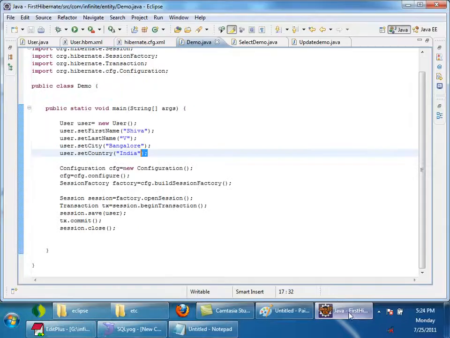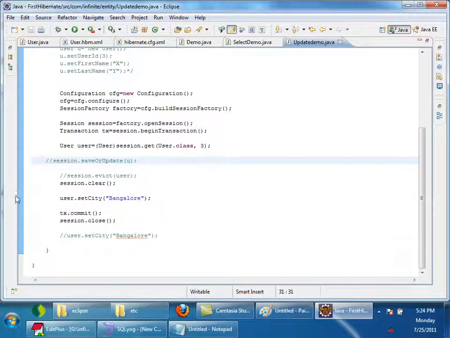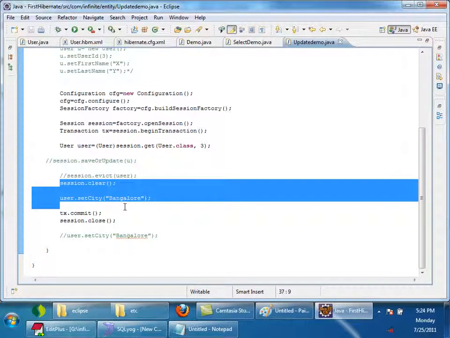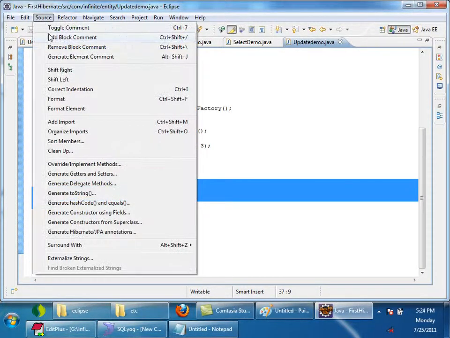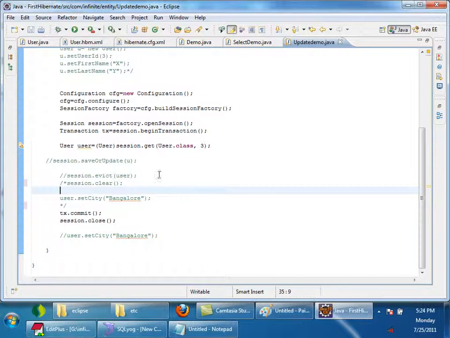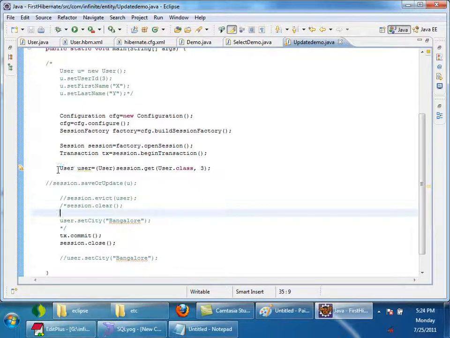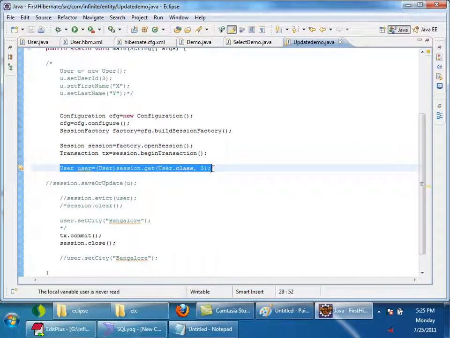And now the next scenario, I'll show you how to delete. Till now we understood how to fire insert, update, and select queries. Now how to fire a delete query. Once I say session.get, it will fire a select query and the user object is associated with the session, right?